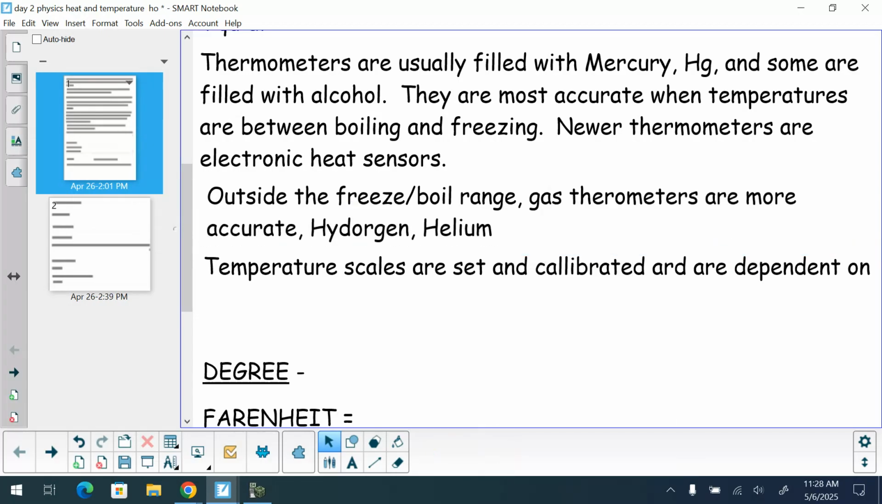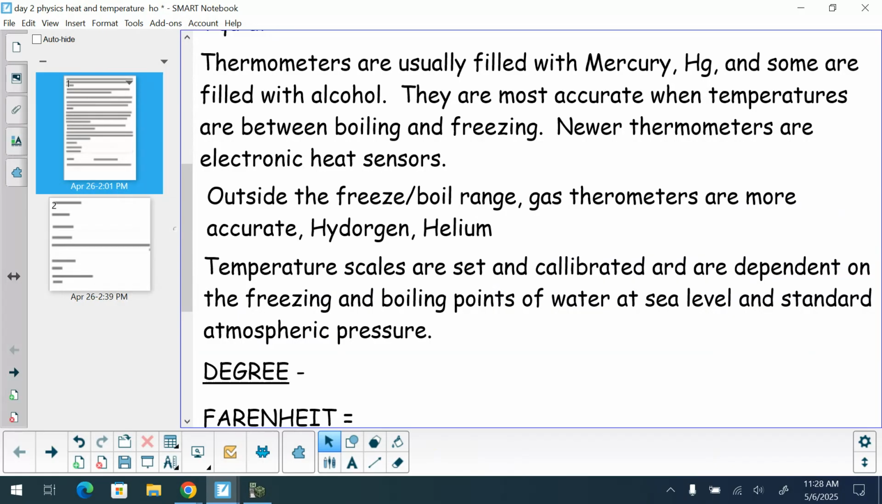We can also have gas thermometers. Outside the freezing and boiling range, gas thermometers are more accurate: hydrogen or helium filled. So you have a helium-filled or a hydrogen-filled thermometer. Temperature scales are set and calibrated